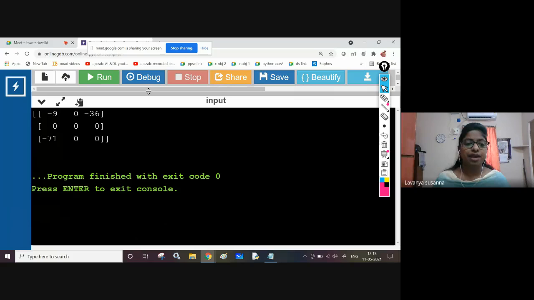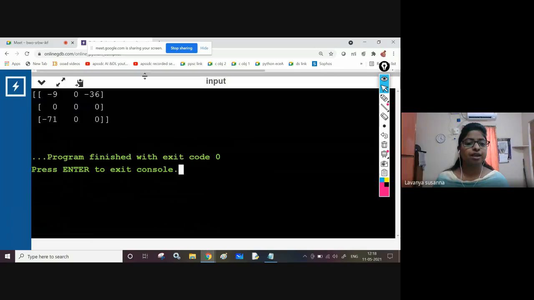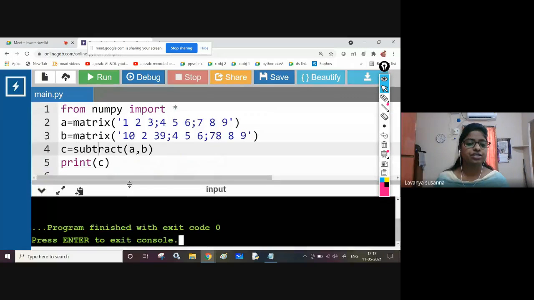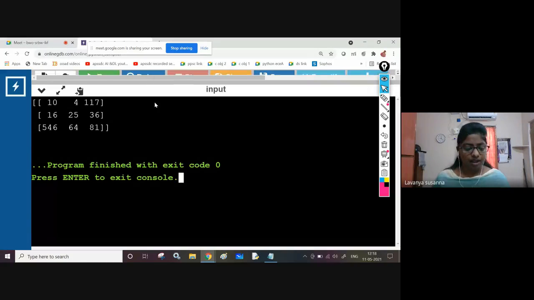You can use A minus B or the subtract function. Inside that function, you can pass A comma B. You can use A plus B or you can use add of A comma B. Add function. Like that, multiply. Multiply function. See, got it. See the difference.